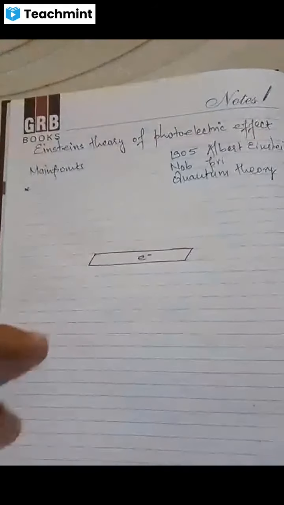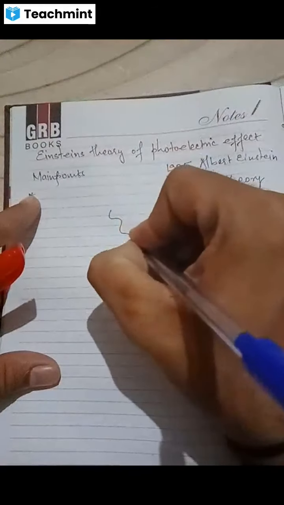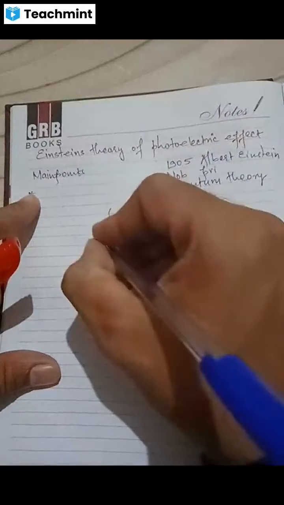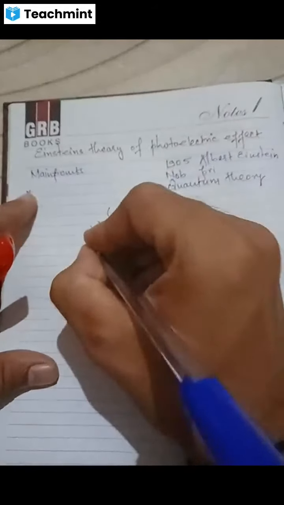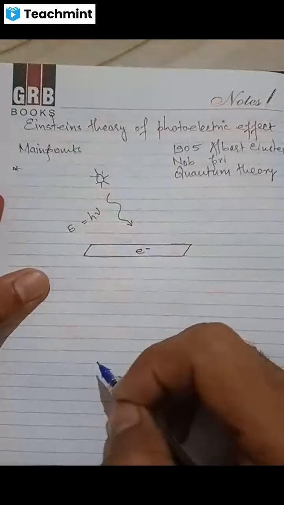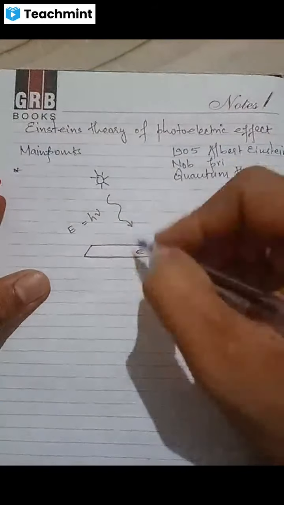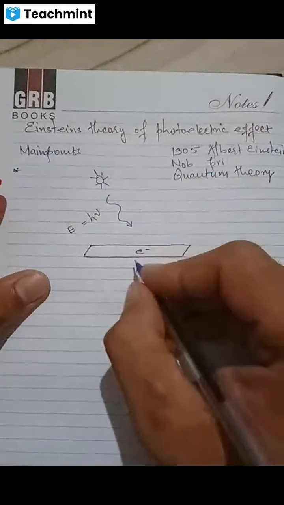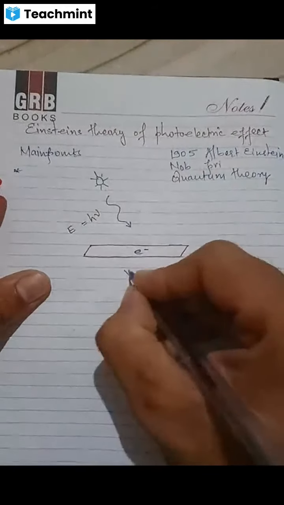What they want to say? They want to say that photoelectric emission is a result. It will take place when this light h nu comes from the source. Let's take the source to be the solar sun source, and these radiations are coming. So these photons are striking the electron, right? And once they strike the electron, what will happen? They will take the electron out.